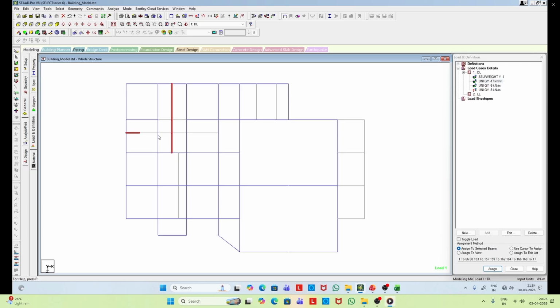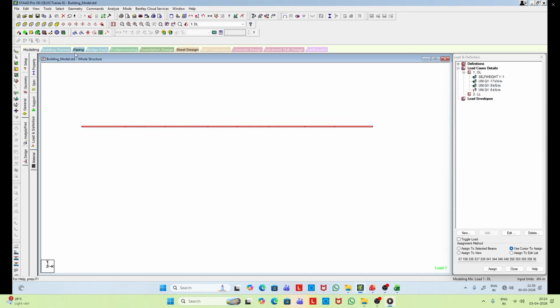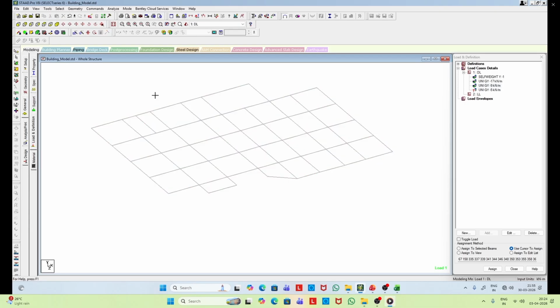Then the remaining beams are selected. Now at the roof level, we have to apply the parapet loading.